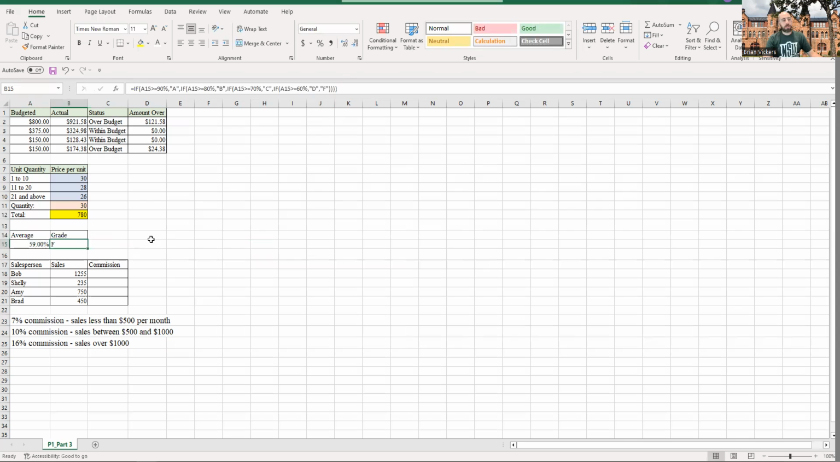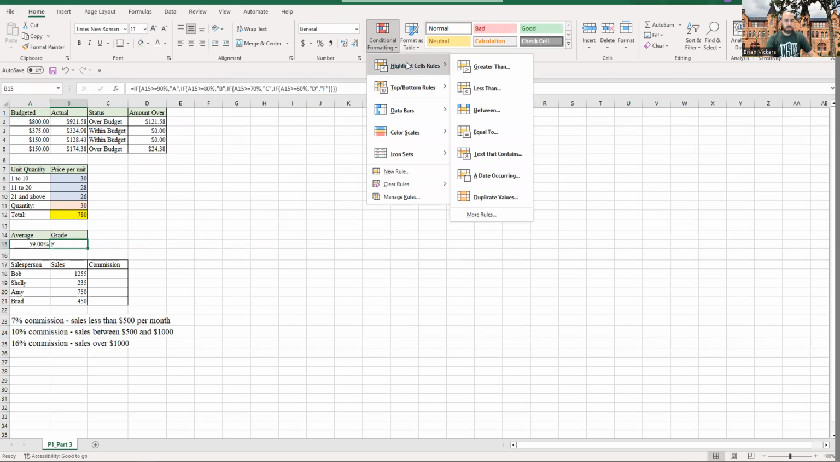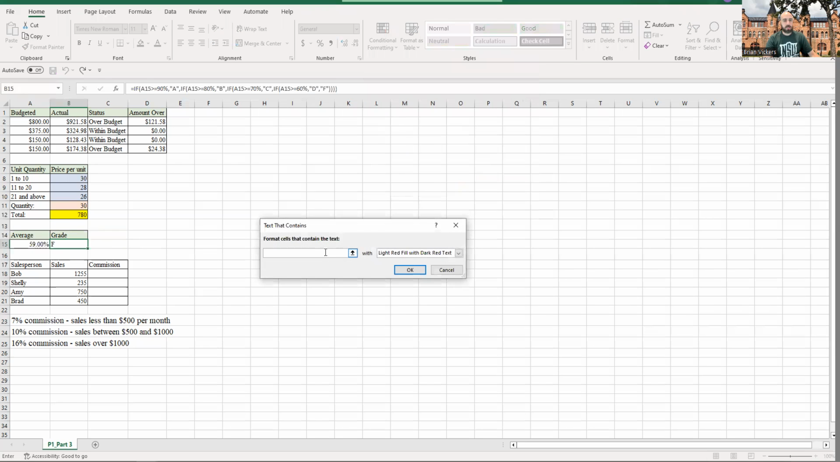And this is where I'd probably want to do conditional formatting if this was a sheet that I was using to enter everyone's grades, to check for letter grades. I might want to do conditional formatting. And with conditional formatting, you can write text that contains. So I might say text that contains the letter A. I might do